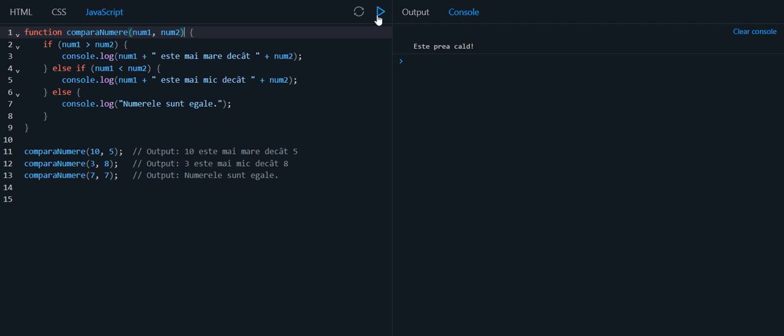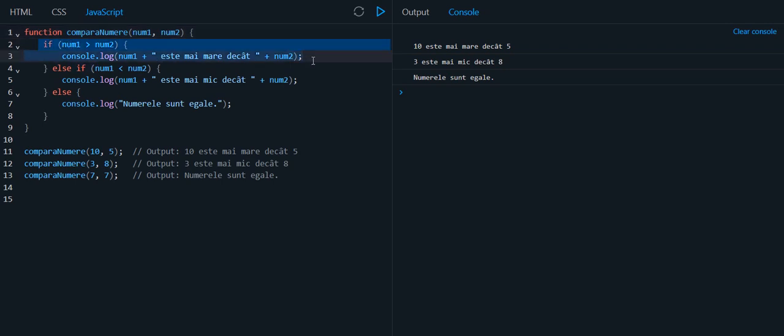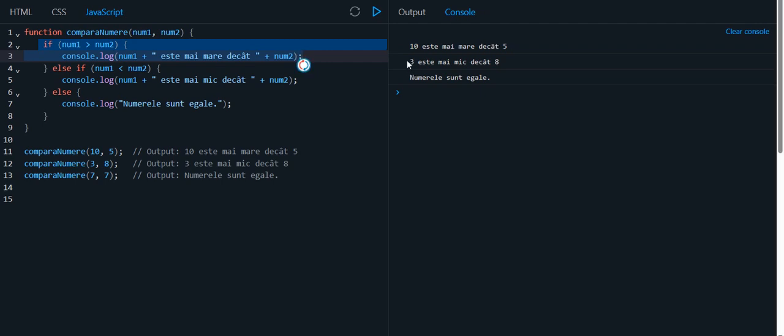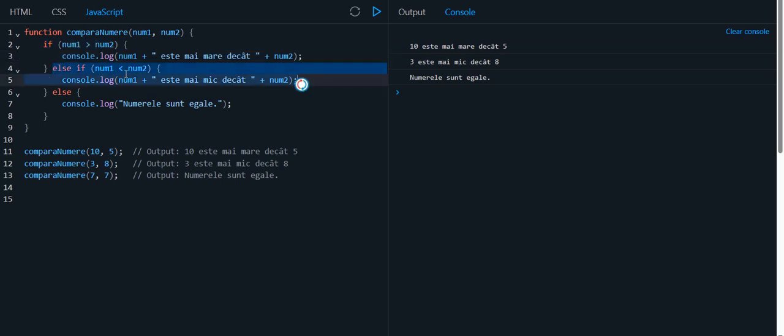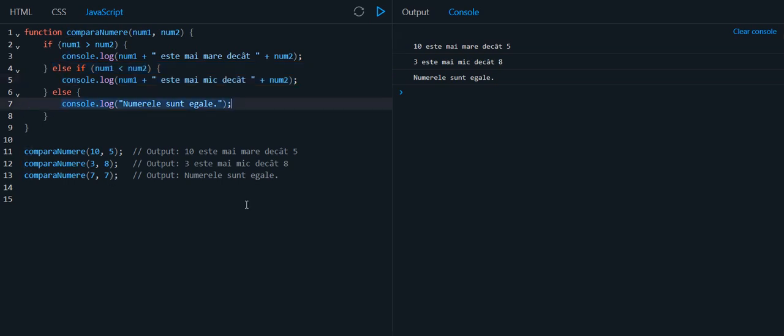Okay, let's see the output. 10 is greater than 5. The function calls this part of code, it executes this part of code. The second, 3 is lower than 8. This part of code: the first number is lower than the second number, okay? And when they are equal, this part. Okay,